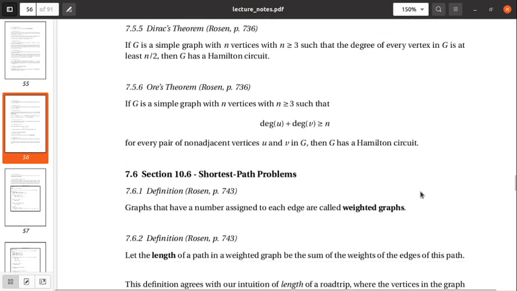Okay, so again, it's the vertices for Hamilton and edges for Euler. Okay, so Dirac's theorem. If G is a simple graph with n vertices, and n is greater than or equal to 3, such that the degree of every vertex in G is at least n divided by 2, then G has a Hamilton circuit. Okay, so you can treat the case for n less than 3. Whenever n is 2, if you have exactly two vertices, and it's a simple graph, so it's not a multigraph,